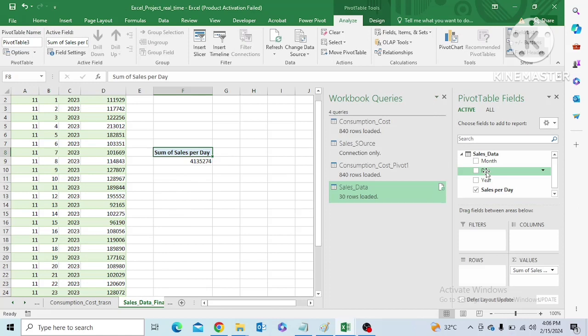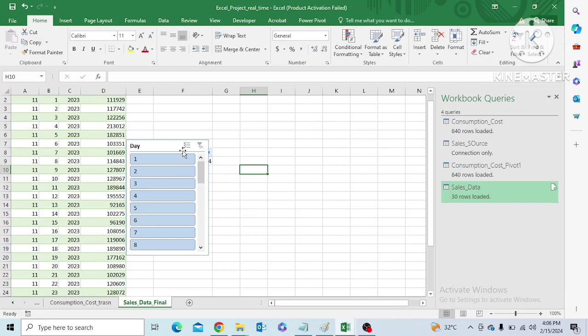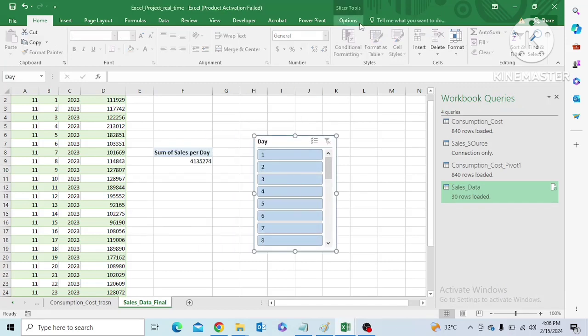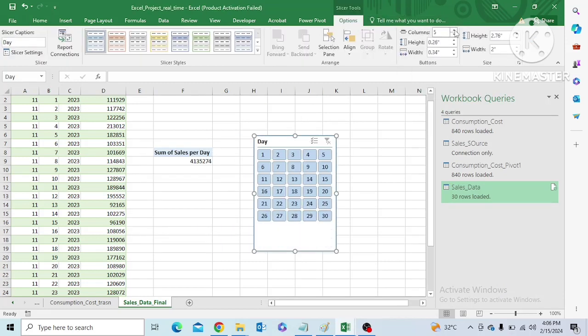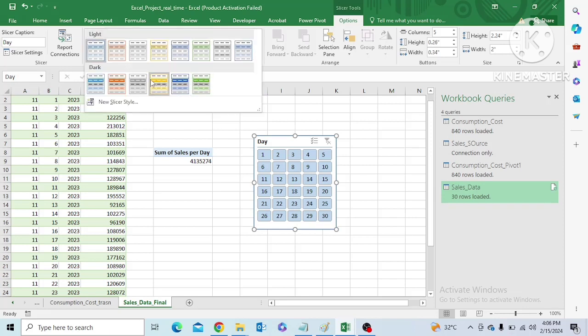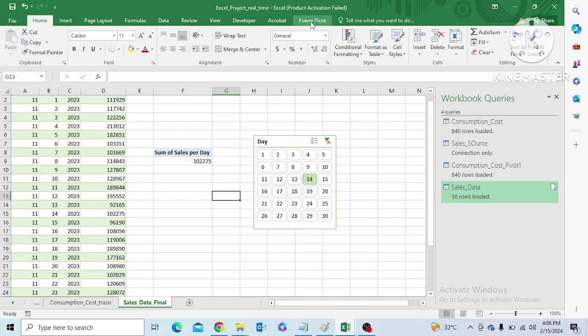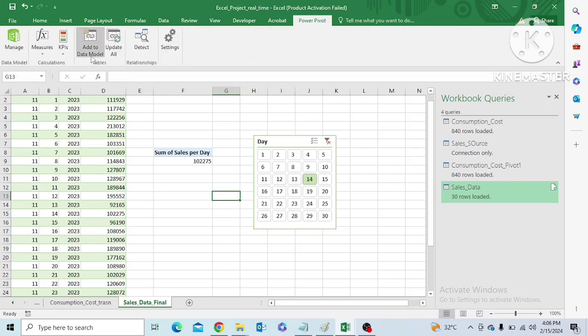Okay, this is the value it's showing for the entire month. So now I inserted a slicer for day. Yeah, we can convert it into multiple columns, so it looks like a calendar. So yeah, this is the slicer. We can format the slicer according to our wish. Yeah, I formatted the slicer. According to whatever day we click on, it will show the day wise sales. So the slicer will act as a